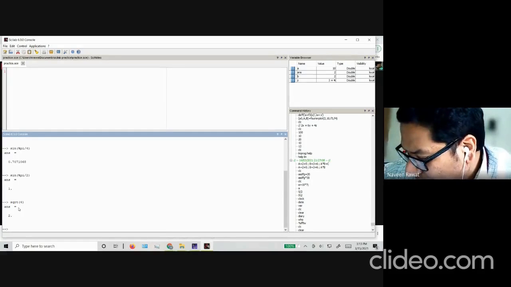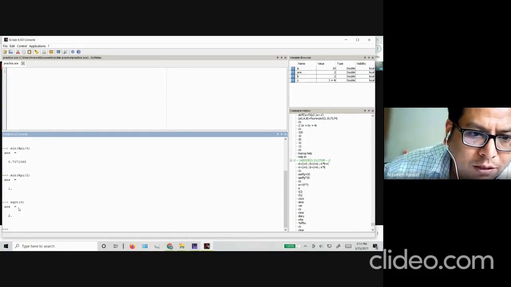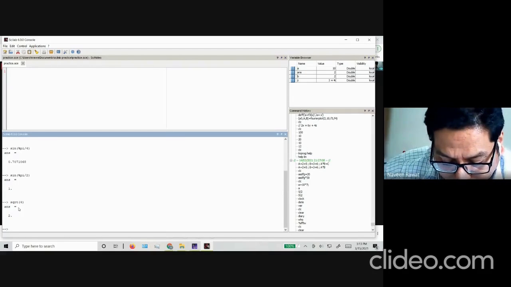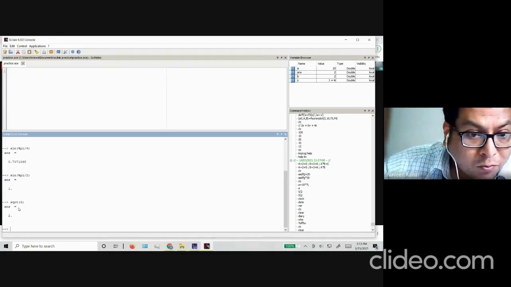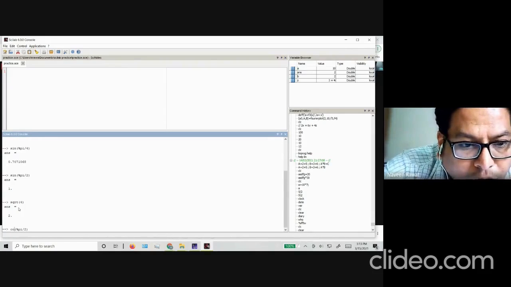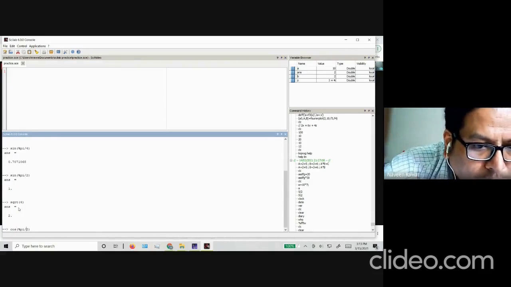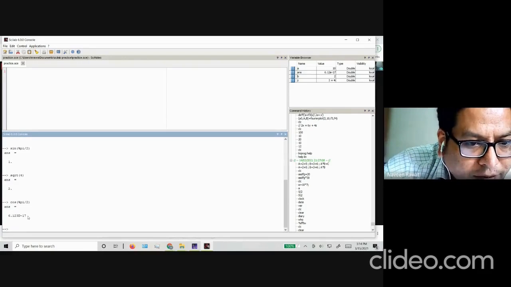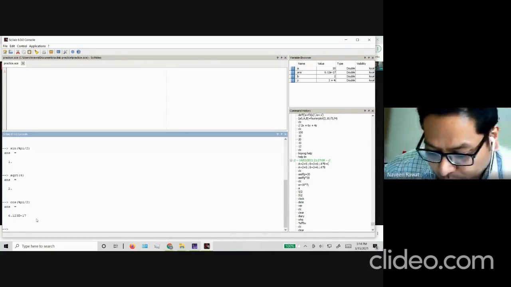And there are a lot of built-in functions. As you start using Scilab, you will be getting familiar with them. So it's not like you have to remember all of them right now. Another thing is, suppose I find cosine of pi by 2, it should give me 0. In Scilab it returns this epsilon value, which is very, very close to 0. It's like 6.12 times 10 to the minus 17. So practically this value is 0. That is the limit to which it can do the calculations.